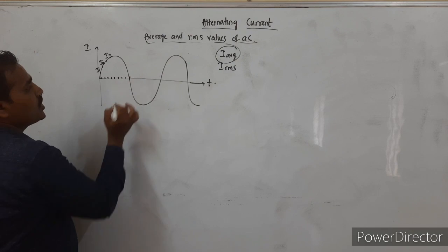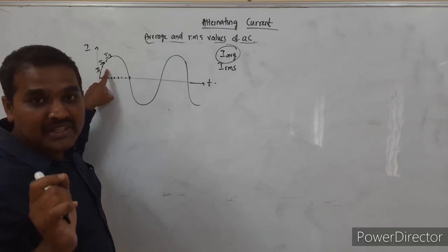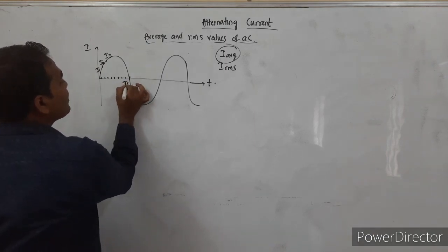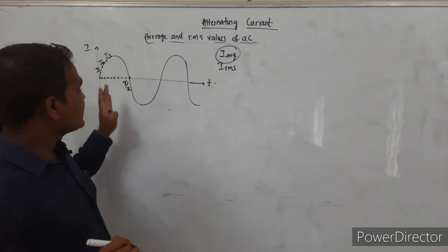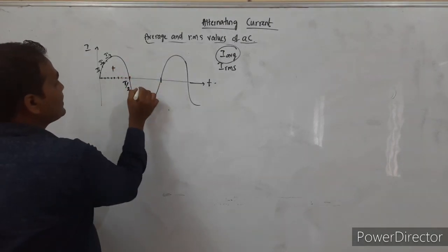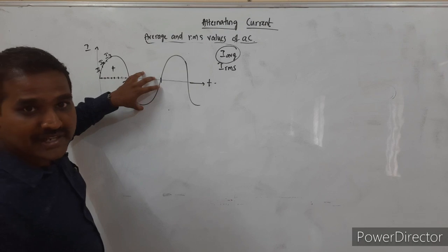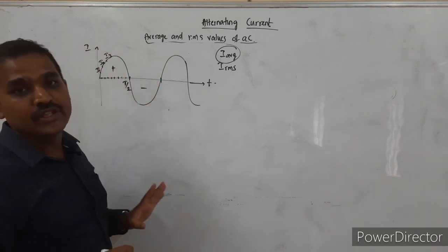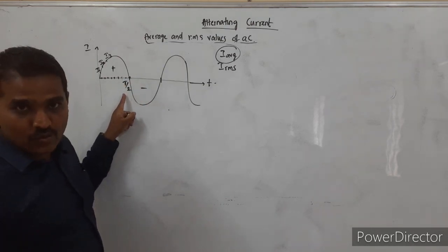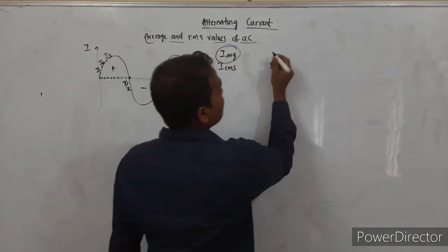So for this what we do, we consider n number of instantaneous currents, we calculate the mean or average of all these instantaneous currents up to a time period of T by 2. Okay, why are we considering t equal to T by 2? Because if you consider one complete cycle, this is the positive half cycle, this is the negative half cycle, so these values of the currents will be positive, these values will be negative, so the average will become equal to 0. So to avoid that, we consider only up to time t equal to capital T by 2.